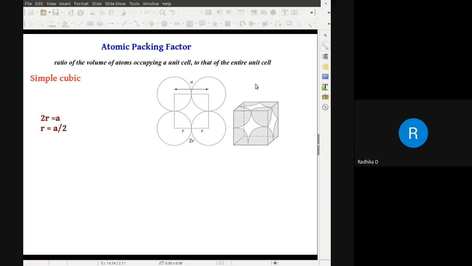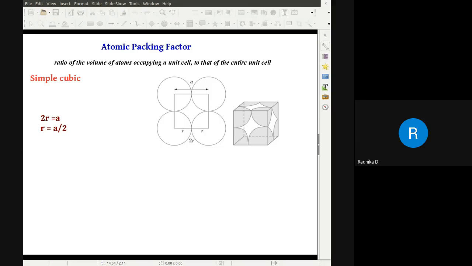How much percentage of that cover is filled with the oranges? Obviously, why did I take orange? Because it looks almost spherical, similar to an atom, just to give you an analogy. Not that an orange is an atom. If I pack a cover with oranges, you obviously know that there is some portion which is occupied by the atoms, but there is some space which is not occupied.